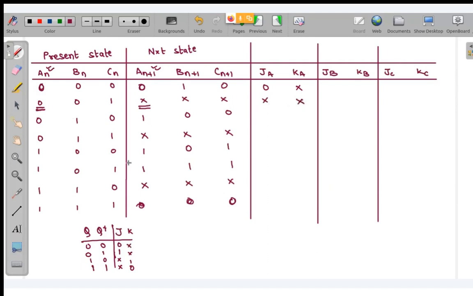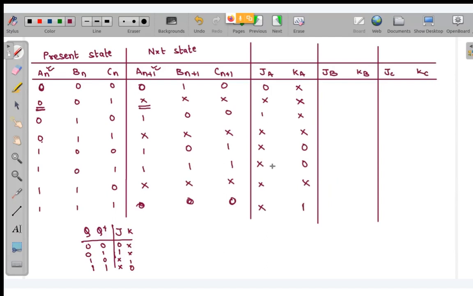Next is 0 1, which corresponds to 1, don't care. Next you can see it is 0, don't care, so this will be don't care, don't care. Next is 1 1, which corresponds to don't care, 0. Next again 1 1, so don't care, 0. Next is 1, don't care, so this will be don't care, don't care. And over here it is 1 0, which corresponds to don't care, 1. Look, is this okay to you or not?